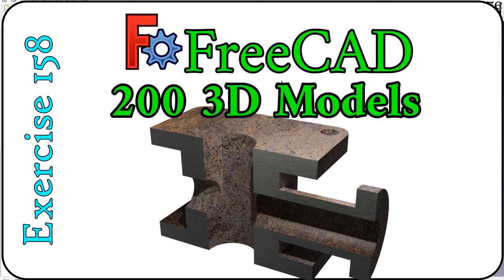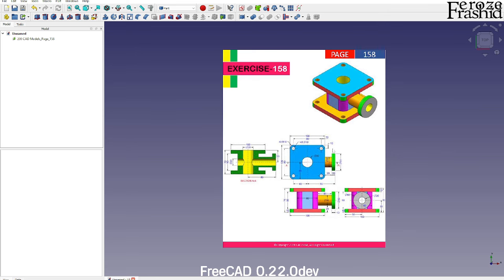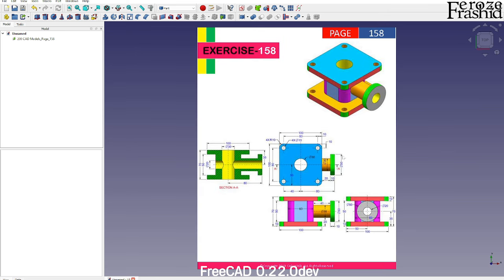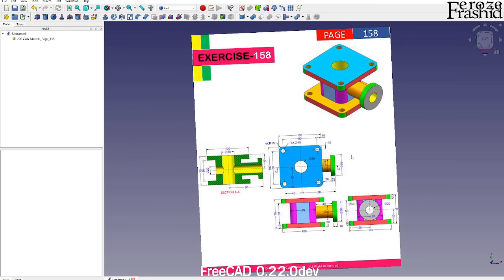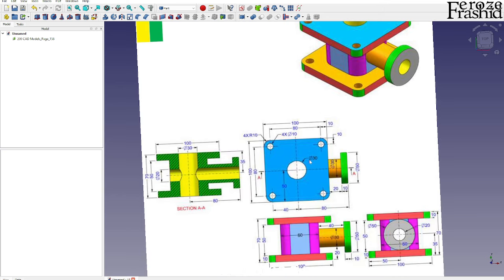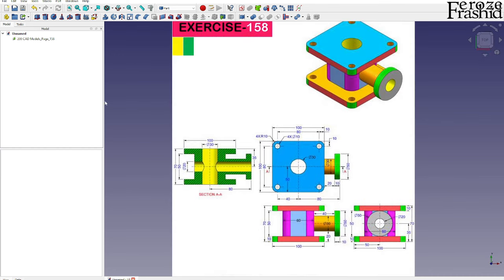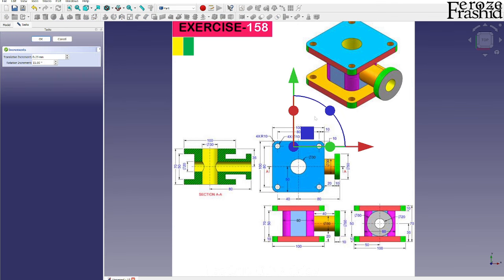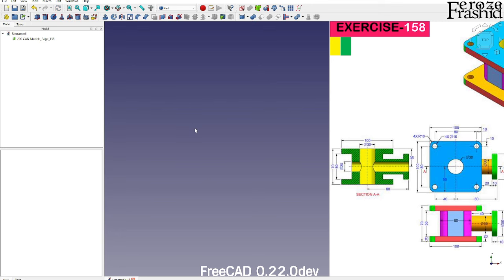My friends, in my 200 3D CAD models, today I will be working on exercise 158, which is an interesting object. We can build half of it and then mirror it over, but it won't help us that much. Let's do it one by one. And let's go ahead and actually put it on the side right here and start with the